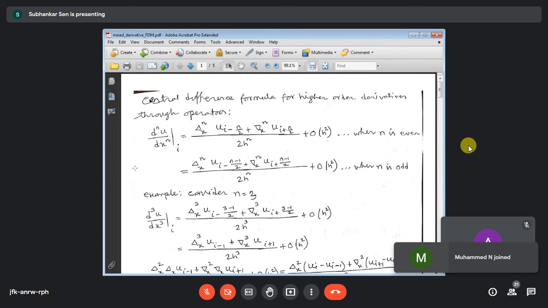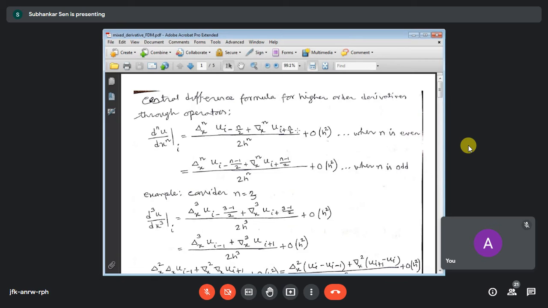So since this is, suppose this is x to the power n, so corresponding to delta x, we get h. So this is always h to the power n. So since we are doing some averaging kind of thing, if you look into this expression, we have the forward difference expression. Okay, so here this variable u is taken over i minus n by 2. So n is an even number, so you are getting some quotient here. So this is the forward difference operator, and here we are getting the backward difference operator. So whatever you are doing for the forward difference operator, just the opposite you are doing in the backward difference operator, and then you are taking the average of both. Because of this averaging, we get this 2 and we get this formula.